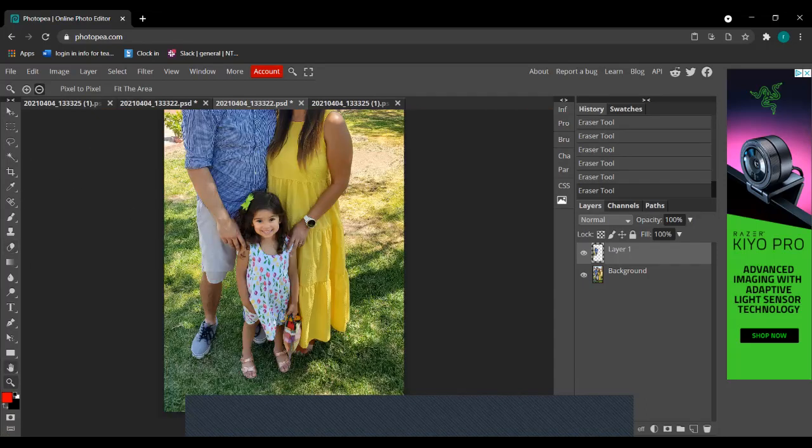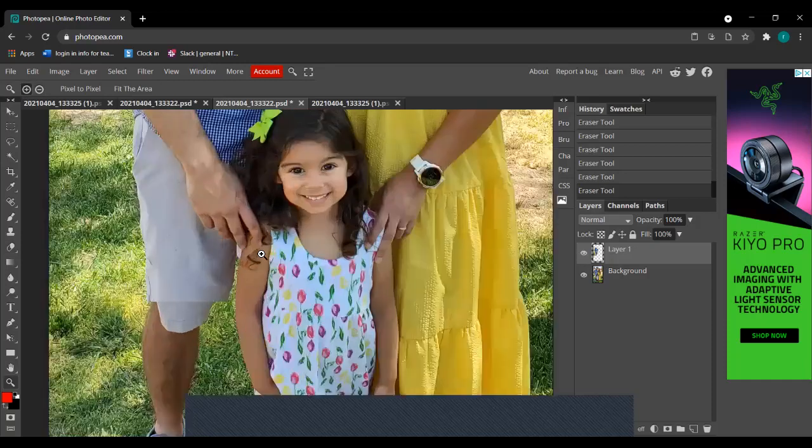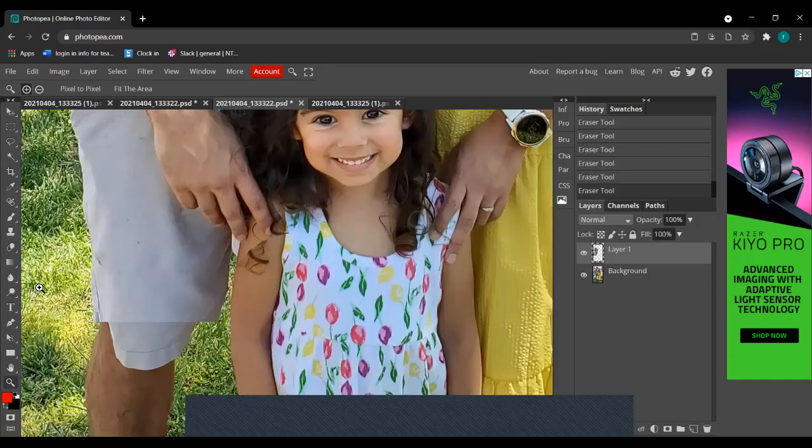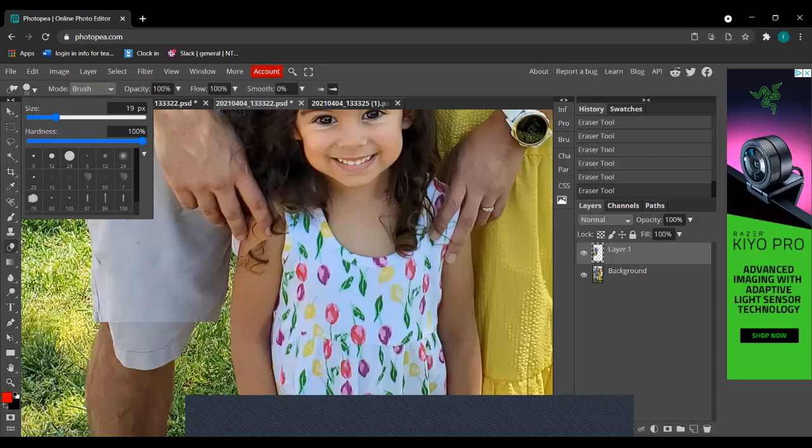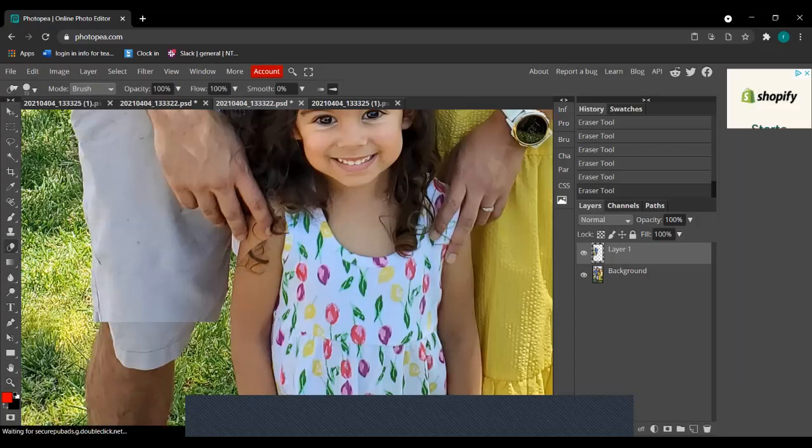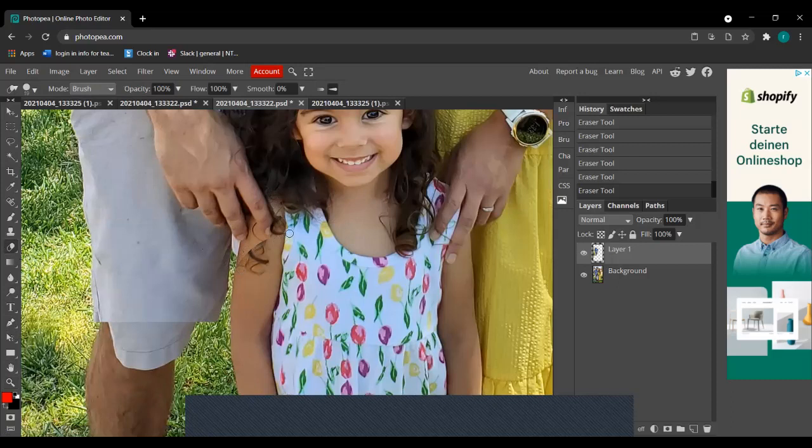So let's zoom in. Zoom into the obvious areas down here. I'm gonna very precisely and strategically erase. And this will take some time to get used to exactly what to erase and how much. But I'm gonna do my best to erase this and erase anything that looks super weird. I'm gonna keep my fingers